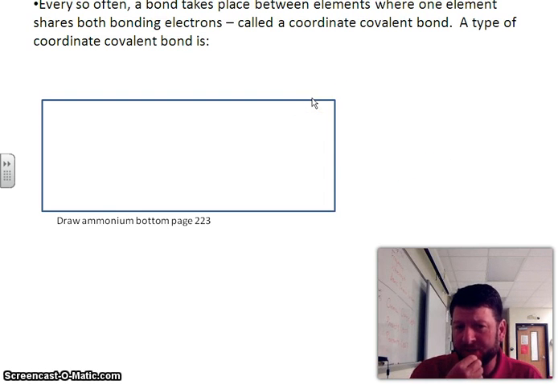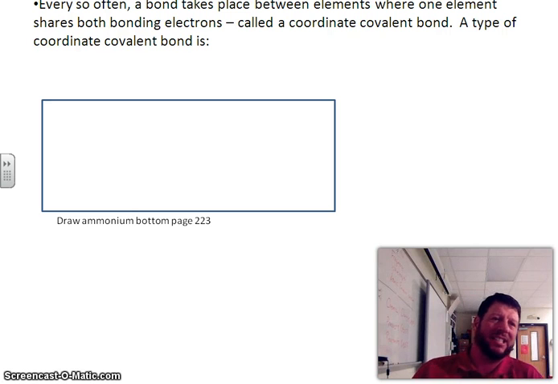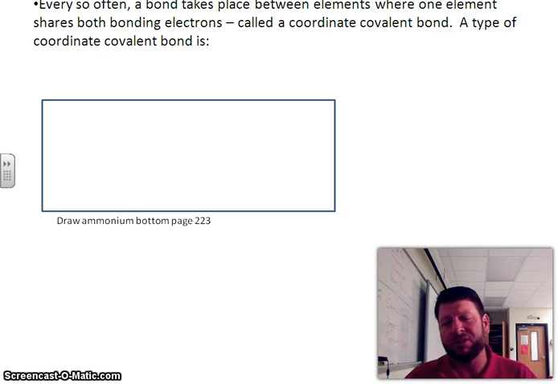Okay, now every so often a bond will take place between elements where one element shares both bonding electrons. This is called a coordinate covalent bond. Every once in a while you'll get an element that says, look, I've got an extra one, I'll share two of mine instead of just one, and we'll make this work. And this is a coordinate covalent bond, and the most popular type of coordinate covalent bond is a